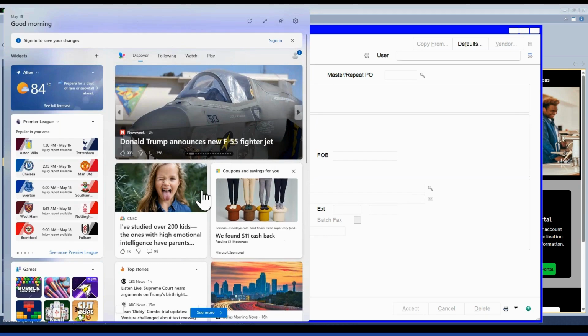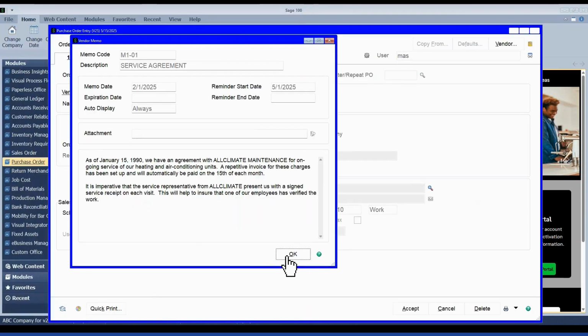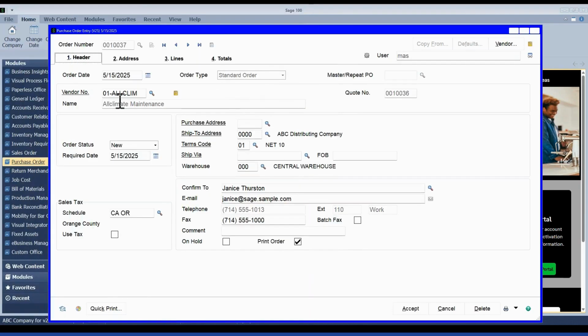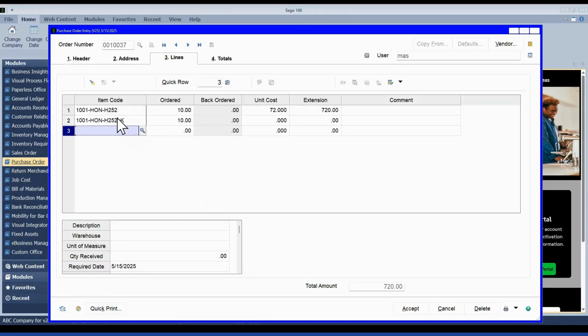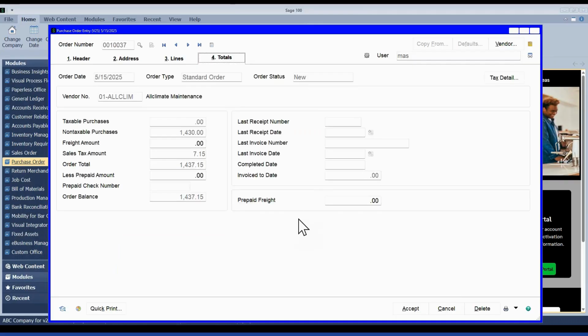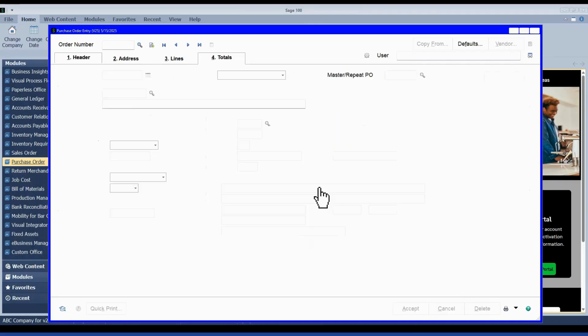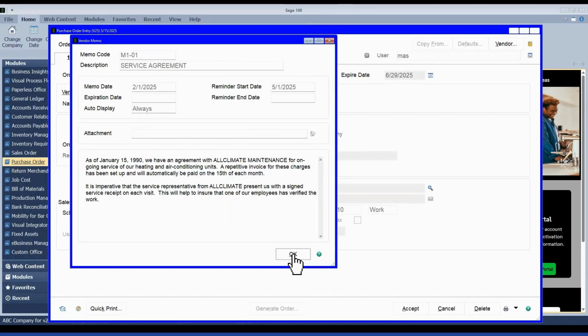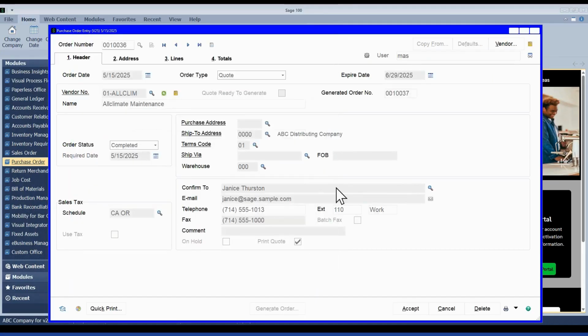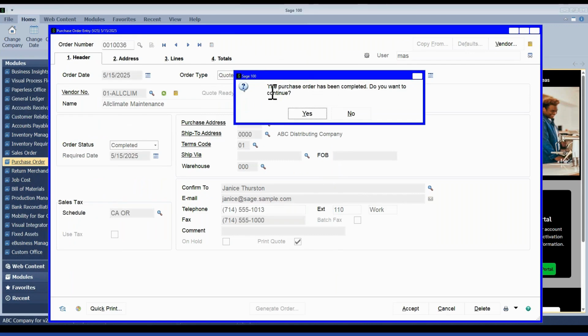Okay. And so at that point, it has generated a standard order for Acclimate since I already switched the vendor over. If I had forgotten to switch that step, you could, of course, adjust now and just make sure you answer when prompted on how you want to adjust the pricing on the lines. I thought I filled that one in, but yeah, it's there. And then the original quote moves into a completed status.